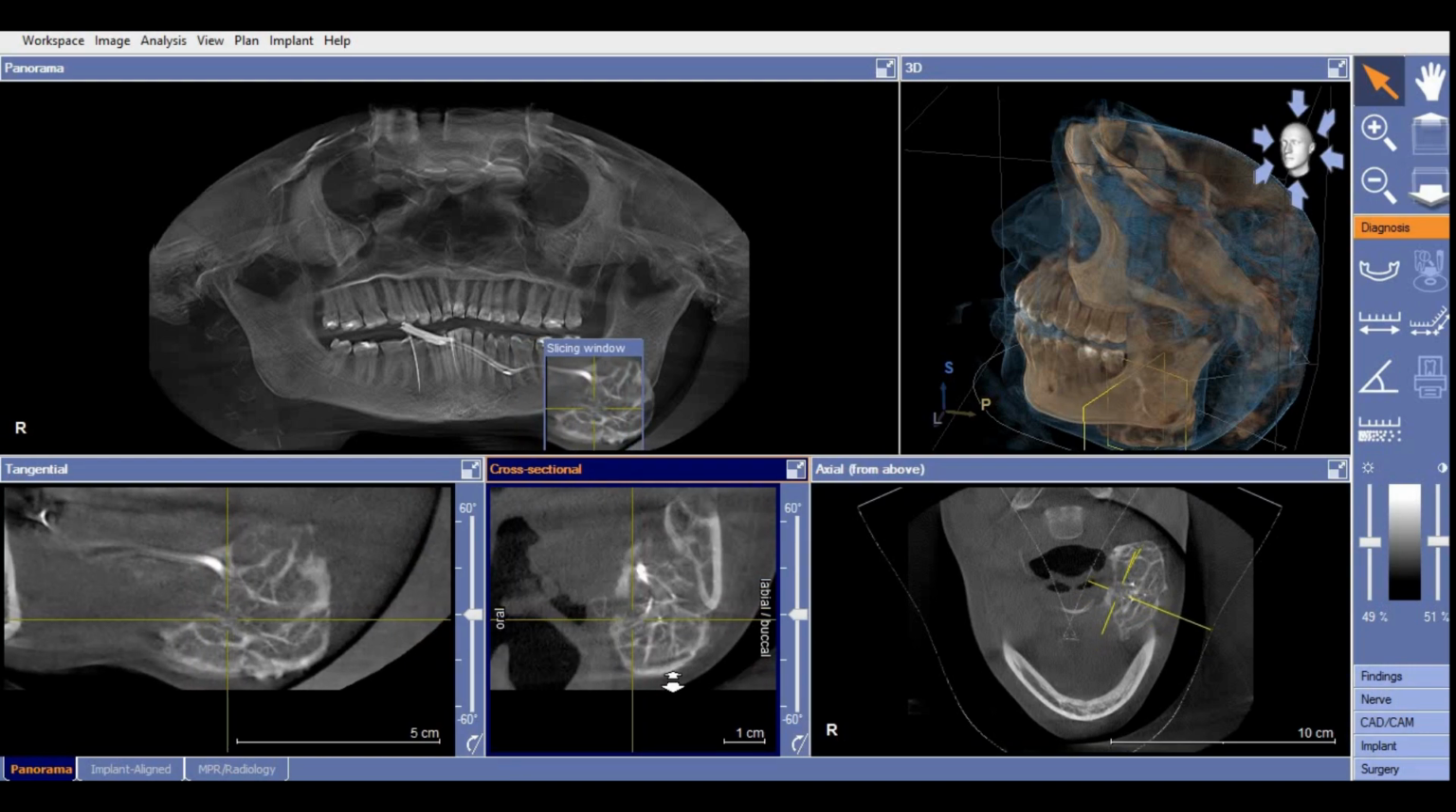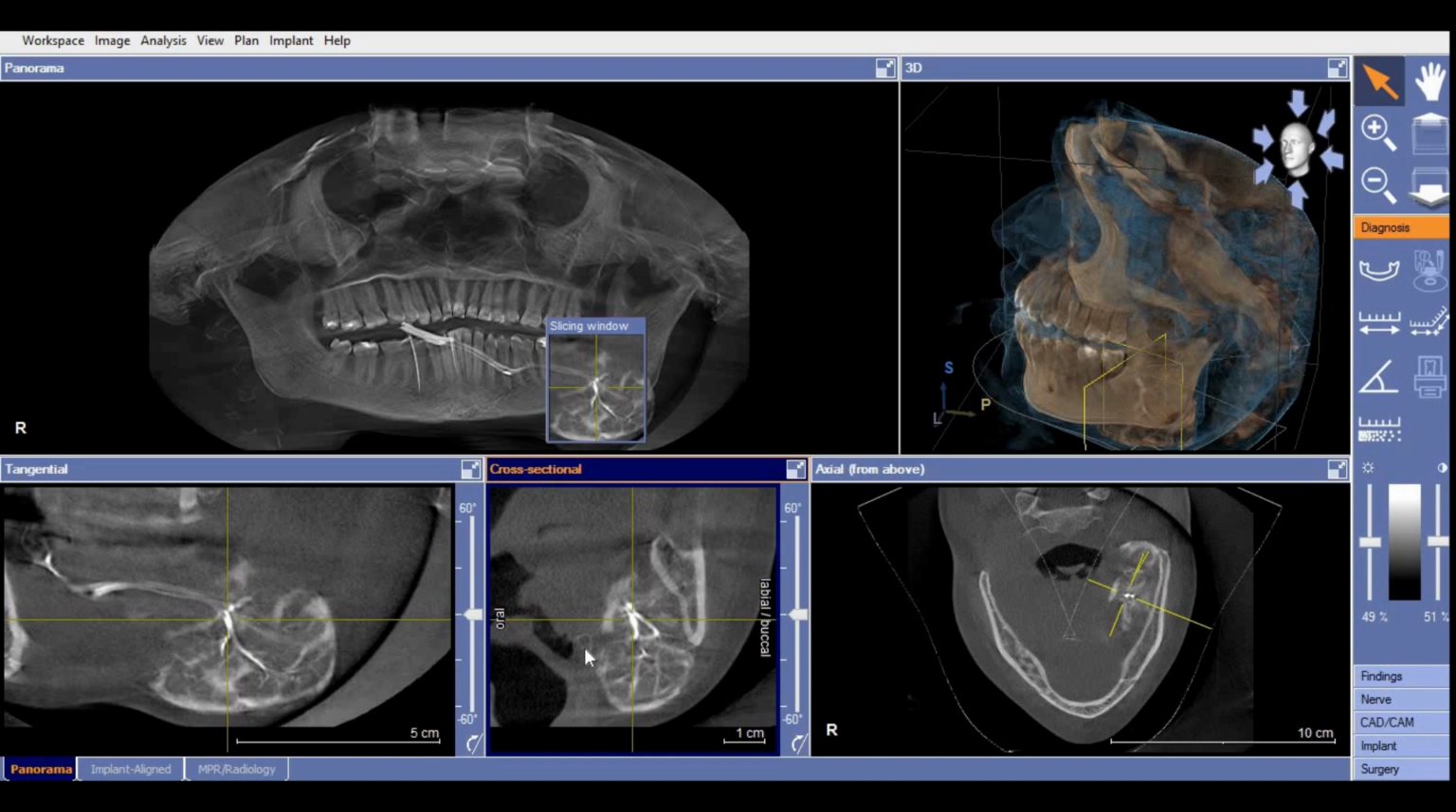So you have to always cross-check with the cross-sectional as well as the tangential and axial views in case of any doubt of any pathology. This is a patient who actually came to us with a complaint of mild pain and tingling sensation in her floor of the mouth. The complaint was very atypical,